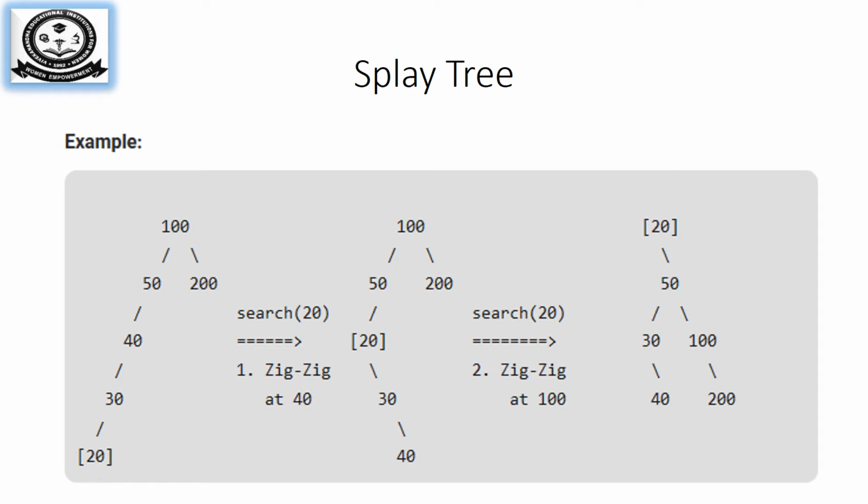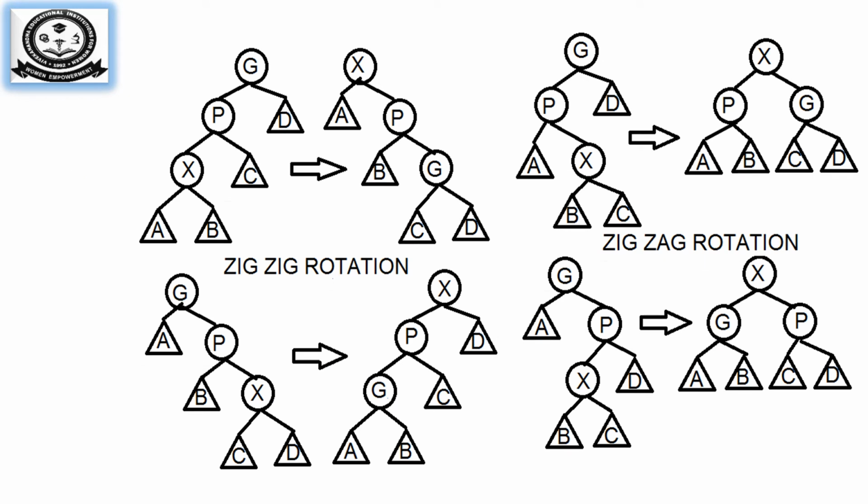So let us see an example. We will simplify the diagram first. I have given a simplified version of zig-zig rotation and zig-zag rotation so that their subtrees can be easily moved out. See the diagram: the left side is the rotation for zig-zig, how X, P and G are there, it's in the same direction, LL. And the right side is a zig-zag rotation, it's for both the cases. The topmost is an LR rotation and the bottom is an RL rotation.